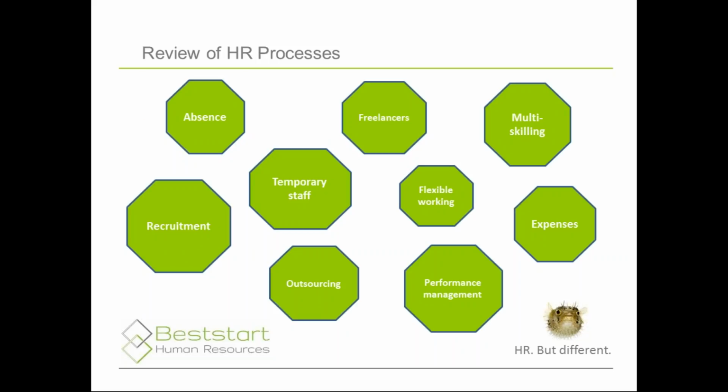Now, when we talk about reducing staff cost, the first thing that usually springs to mind, the first expense, is the salary bill. So most of us, most members of senior management, when they think about how do I reduce staff costs, the first thing is how do I reduce the salary bill? And reducing salaries for existing staff, if they're going to continue to perform the same role that they've been doing